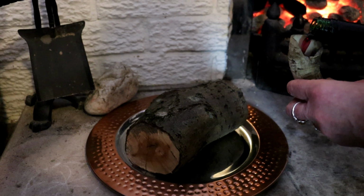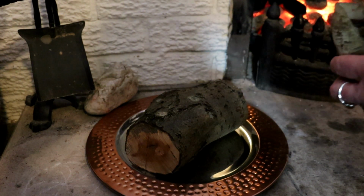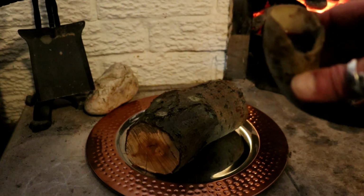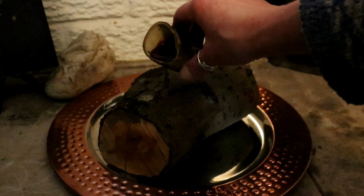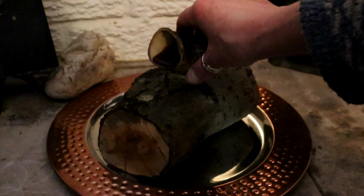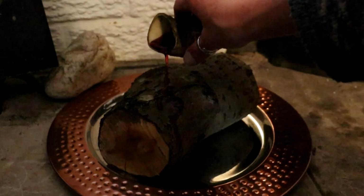Mulled wine. Oh, Christmas tree, oh, Christmas tree. The leaves are so unchanging. Oh, Christmas tree. Oh, Christmas tree. The leaves are